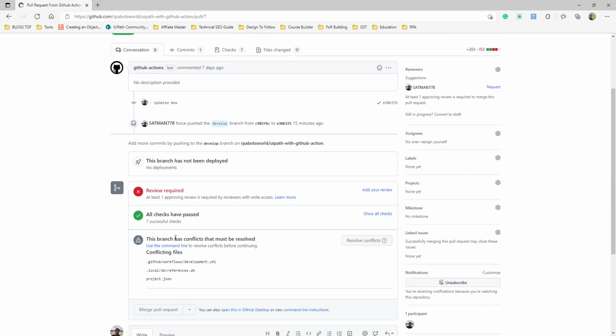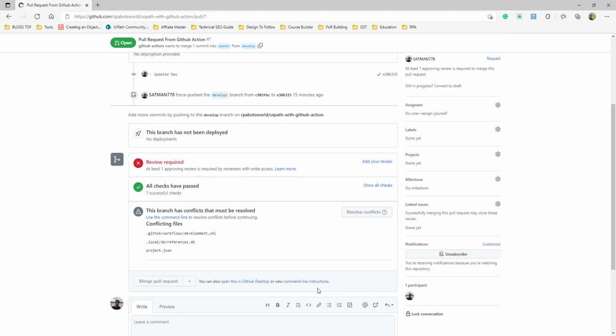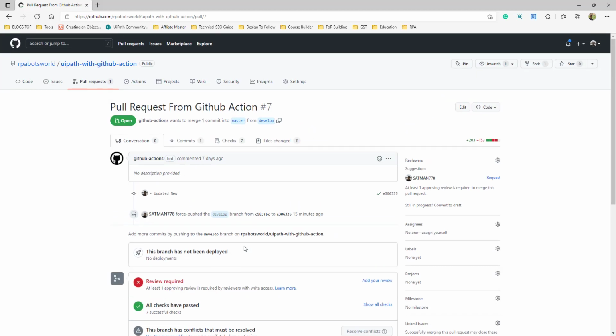And this pull request says that all the checks have passed and you need a review, and once you do a review and submit this, then the production workflow will be completed.